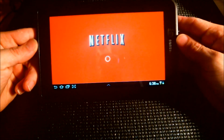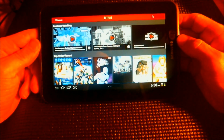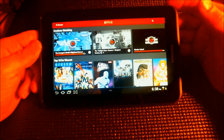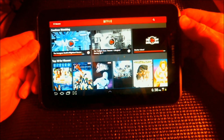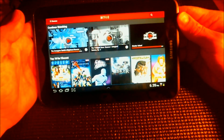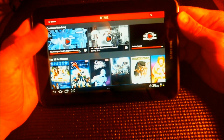The video quality is nice. It's nothing spectacular, but it's definitely good for watching video and relaxing. And thanks to other apps, you can even watch TV shows like the recent Xfinity TV app that just came out. It allows you to watch on-demand TV shows,